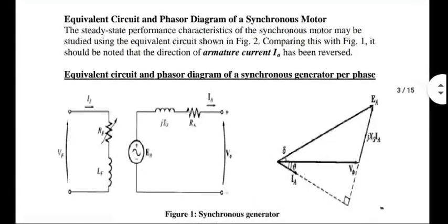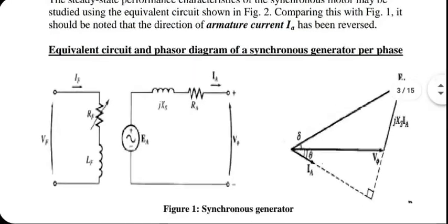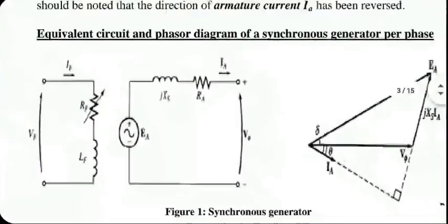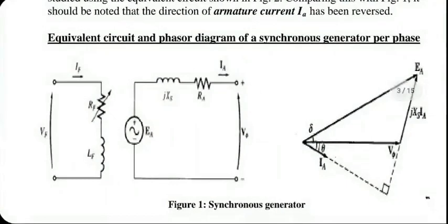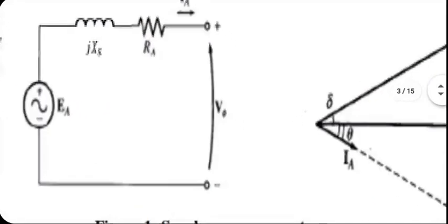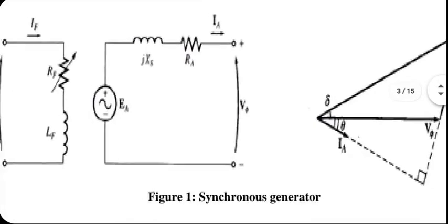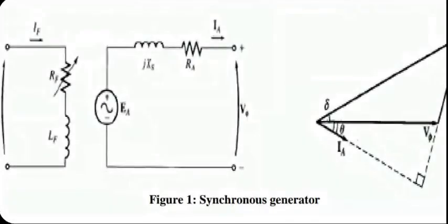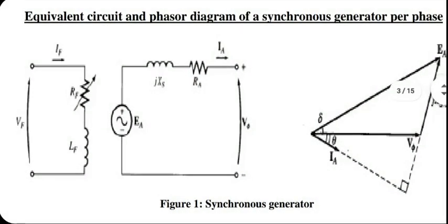Equivalent circuit, I will be looking at it in my own notes as well. It's quite straightforward. It's similar to that of a synchronous generator. We draw it per phase. You have the back EMF, or if you want, you can call it armature EMF, EA. You have the terminal voltage, whatever you want to call it. I call it VT. And in between, you have a series RL circuit.